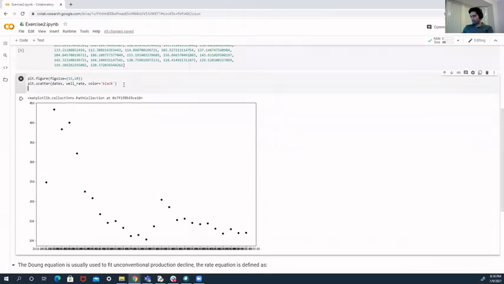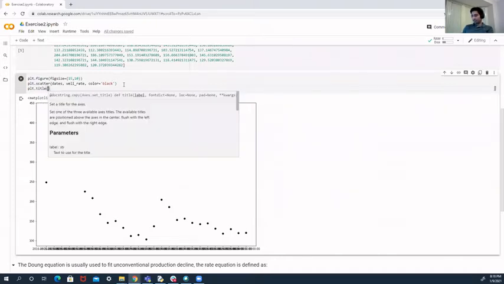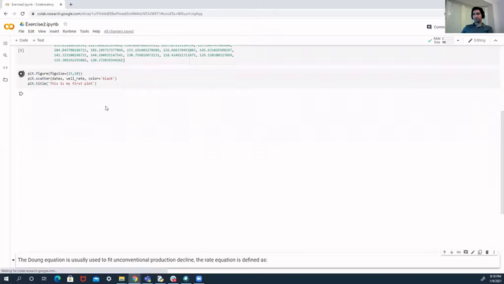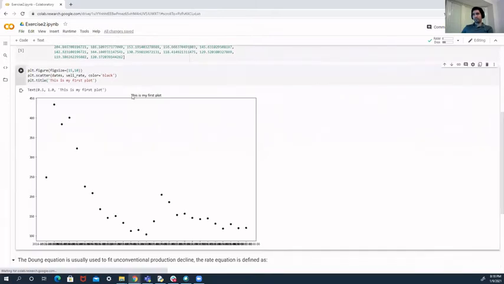And we can do some more things like plt dot. I believe that we can put a plt.title, and this is my first plot. See if that works. So here we go. We have "this is my first plot",